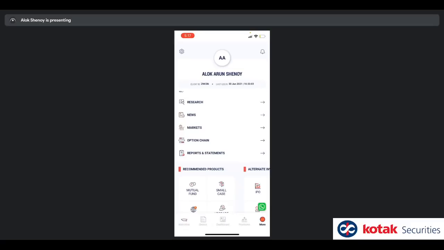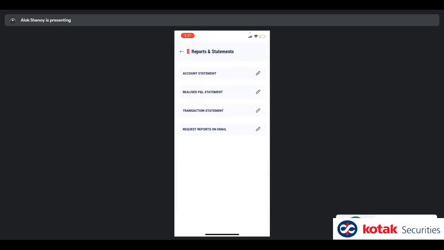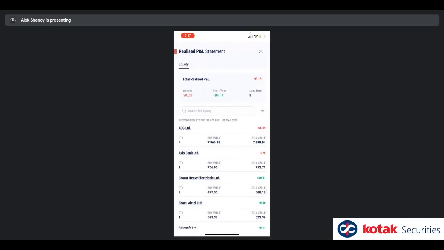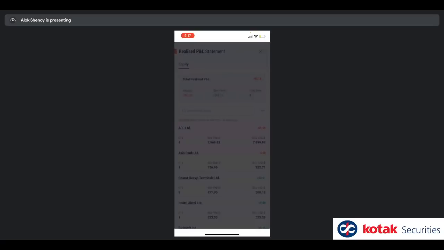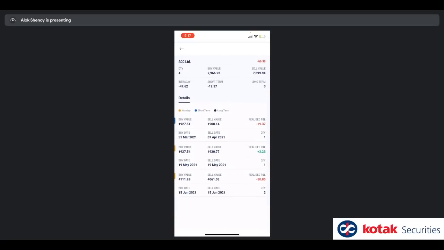Reports and statements. This is something that's rolling out to you guys. I wanted to show you this. This is a sneak peek. You've got the option to see account statement, which we saw earlier on available margin to trade. It's available from here as well. If you click on realized P&L statement, we give you this native view now, which allows you to see your realized P&L. You can actually click on an individual entry and you can see the intraday, short-term, long-term breakup. Okay. And you get more details, whatever you feel is necessary should be covered here according to us.